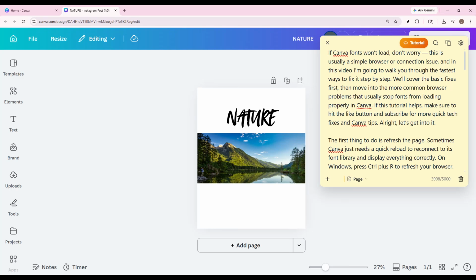If Canva fonts won't load, don't worry. This is usually a simple browser or connection issue, and in this video I'm going to walk you through the fastest ways to fix it step by step. We'll cover the basic fixes first, then move into the more common browser problems that usually stop fonts from loading